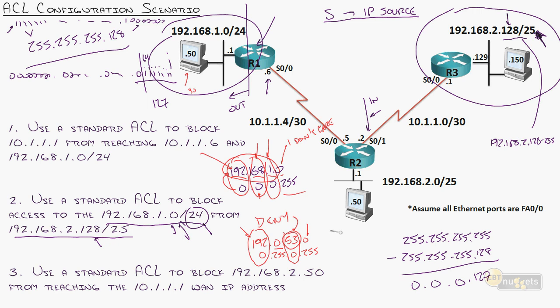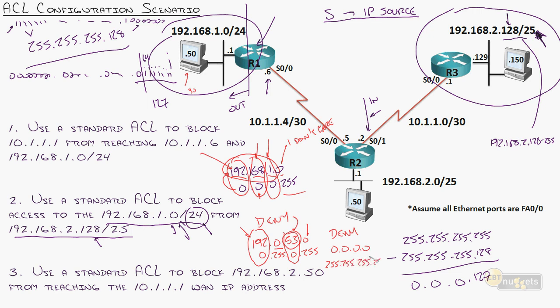Okay, let me ask you this. Let's say I want a wildcard mask that would deny everything all the time. What would it look like? I would say deny the IP address. I would just put 0.0.0.0. It doesn't matter what you put there because it's not really caring about it. Wildcard mask